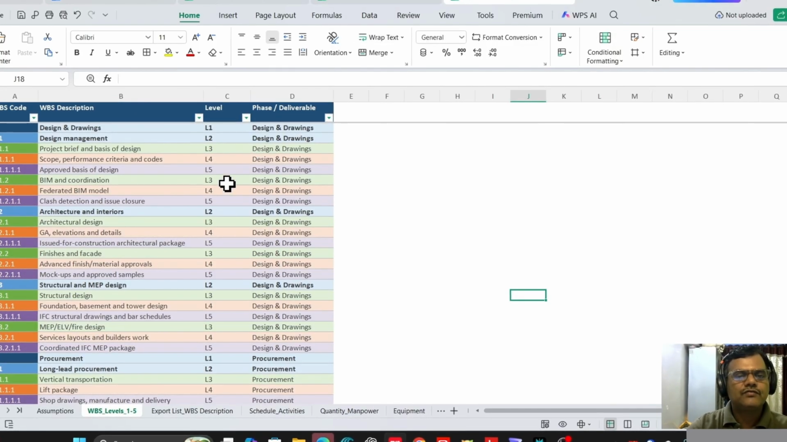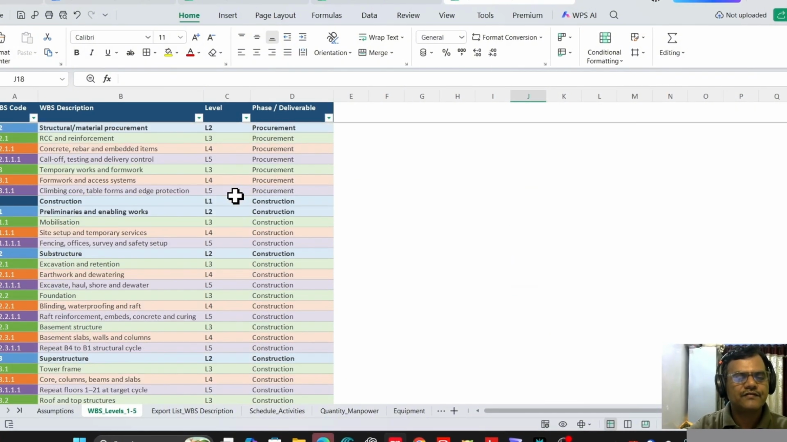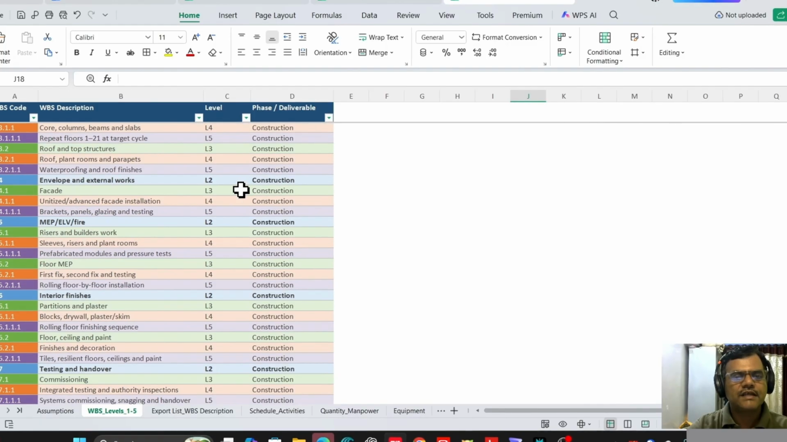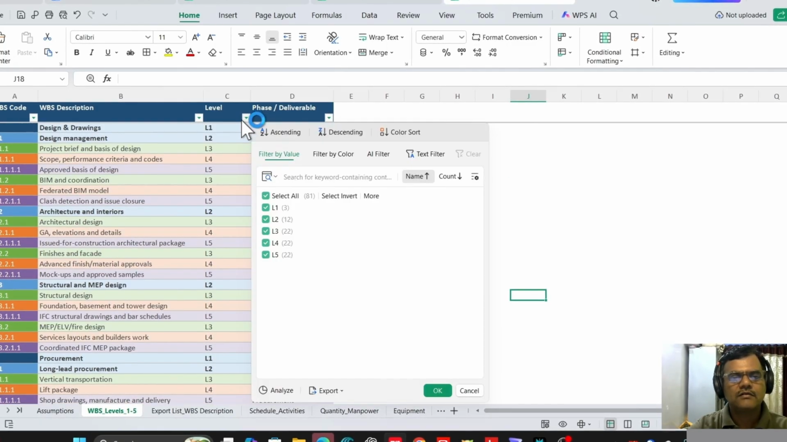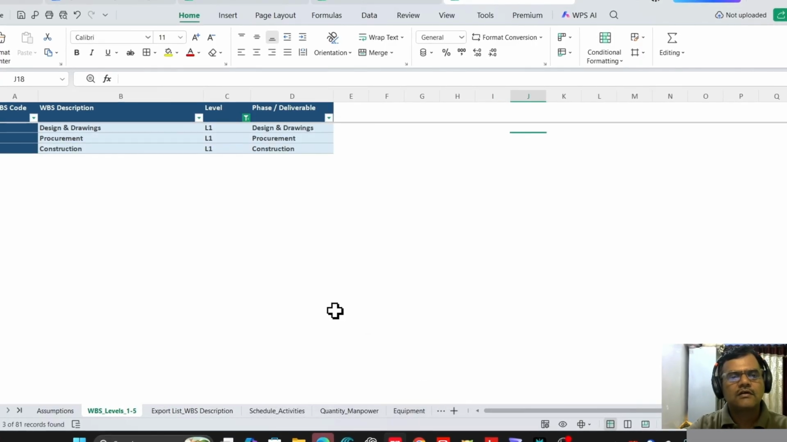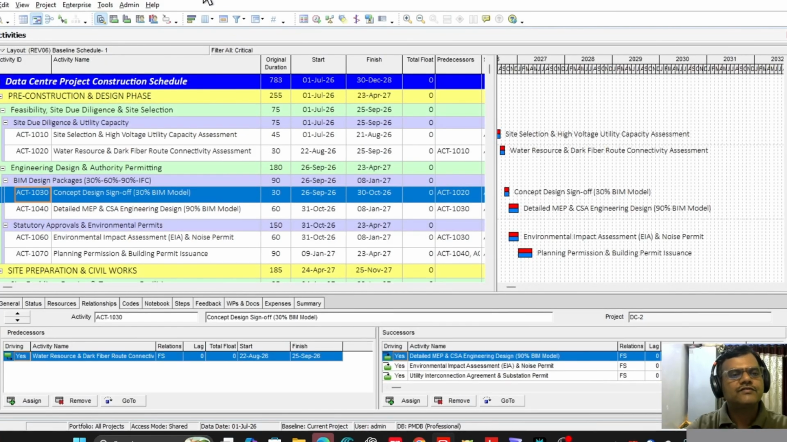So this is level 1 to level 5. These are the WBS setups. Let's say we filter out level 1 first. This is level 1 WBS. So let's start making a level 1 WBS. For that, you have to start